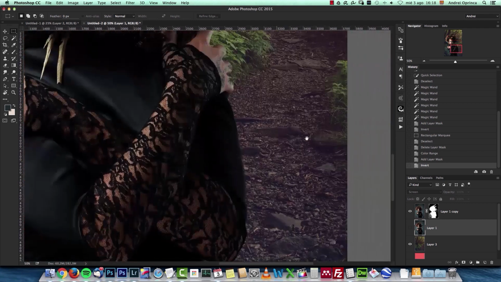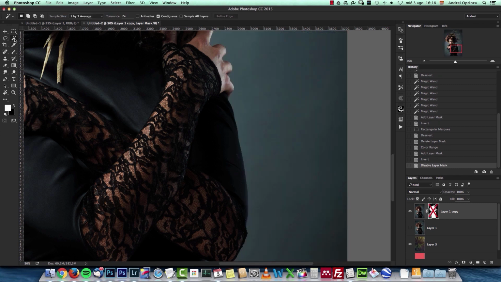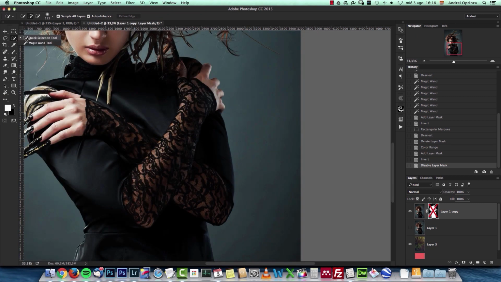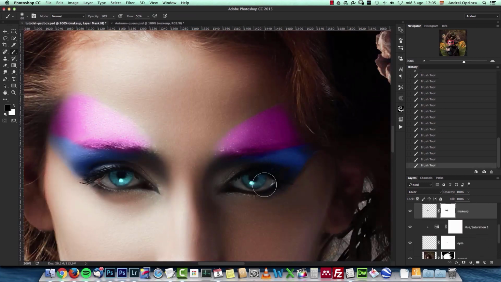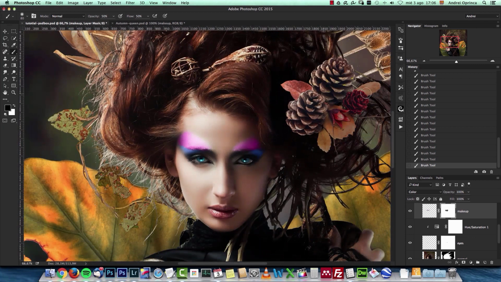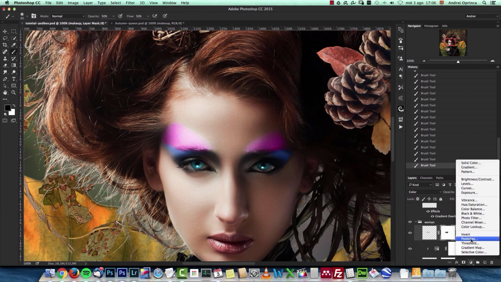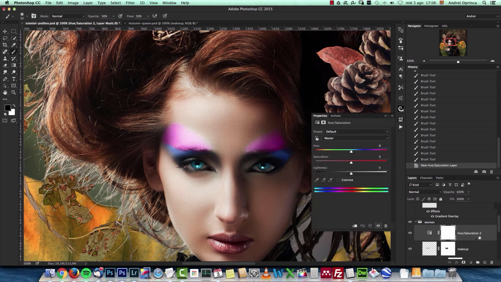First, let's fix these areas over here. I'm gonna deactivate the layer mask for a second by pressing Shift and clicking on it. And now I'm gonna select the quick selection tool or the magic wand. Let's set a tolerance of about 20 and set the contiguous option. I have the sample size set to 3x3 average. Okay, once you have the color, what you can do is use a hue saturation clipped to this makeup layer,